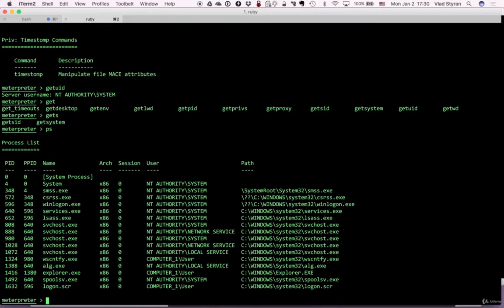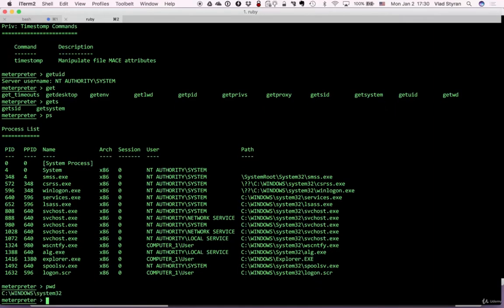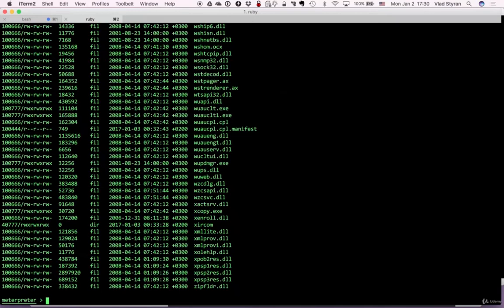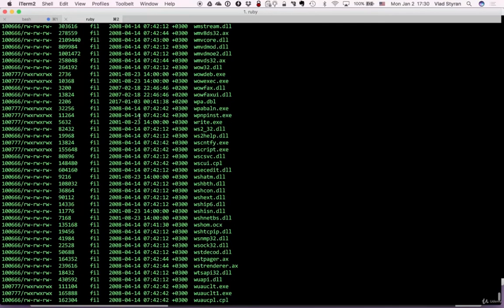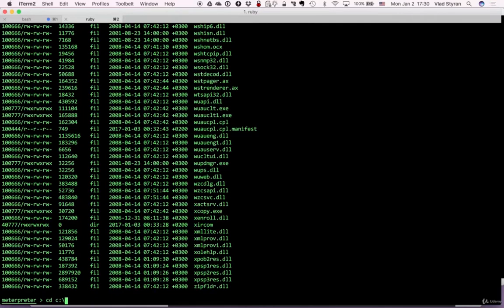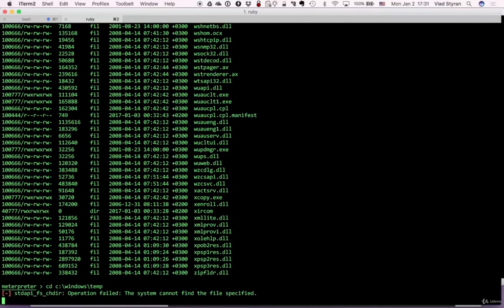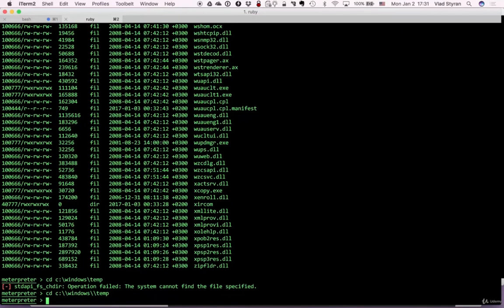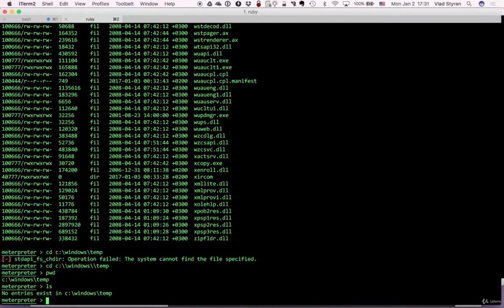What else? We can just browse through what we have in memory in terms of processes, right? We can see where we are in terms of the local file system. We can list something and see what's going on in the directory. We can cd to C:\Windows\Temp, for example. Oh, sorry. Remember that this is a backslash that has to be escaped every time you type it into Meterpreter, right? So nothing is here basically,